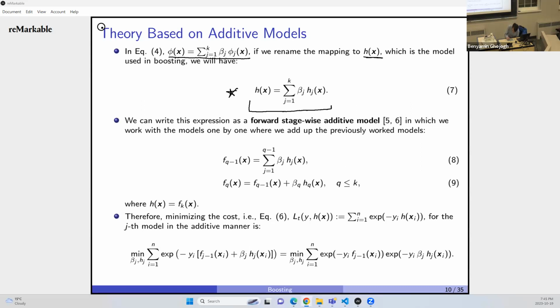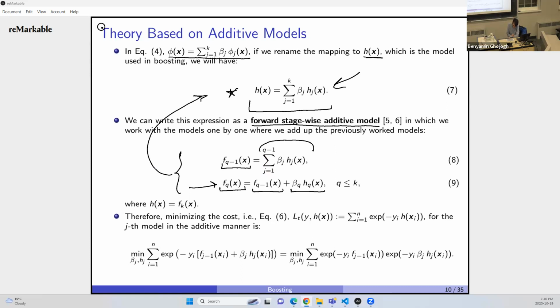We can write this expression, equation 7, as a forward stage-wise additive model. Let's see what it means. In which we work with the models one by one, where we add up the previous worked models. So we start with one model, then we go to the next model, then we add the first and second model. Then we go to the third model, then we add the first, second, and third model, etc. Right? In this case, we can write it like this. Fq x is fq minus 1 x plus beta q hq. This summation can be written as this, right? Where fq minus 1 x is this summation where j goes from 1 to q minus 1. So these two together are equivalent to equation 7,